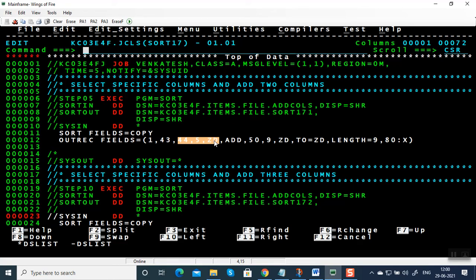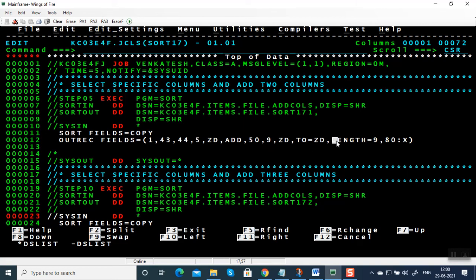When you are going to add or subtract or multiply or divide, you are supposed to provide the data type, and you are supposed to provide the two data type. The current data type is either zone decimal, packed decimal or binary, and the two also could be either zone decimal, packed decimal or binary. It is better to give length. If you don't give length, it is going to assume a length. That length may not fit your expectation.